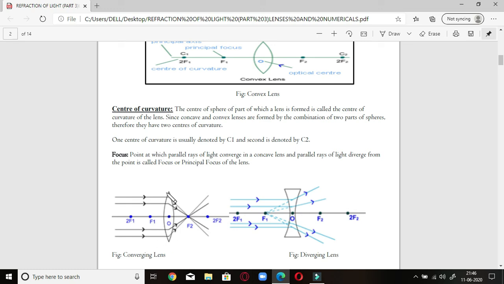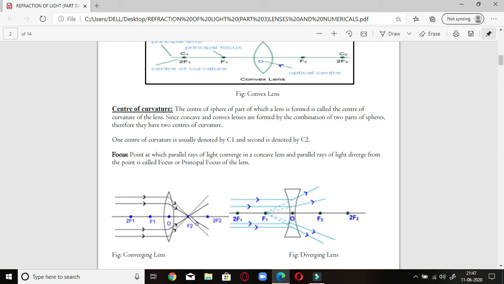If you look here, this is a convex lens. Parallel rays of light are coming parallel to the principal axis. After striking this surface, they will always converge at one point, that is F2, focus 2. They will meet at focus 2. This means all the ray diagrams, or all the images formed in the case of a convex lens, will be on the right-hand side, and its principal focus is not F1, it is F2. Okay, so the important point is that F2 is the principal focus for a convex lens where all the rays converge.